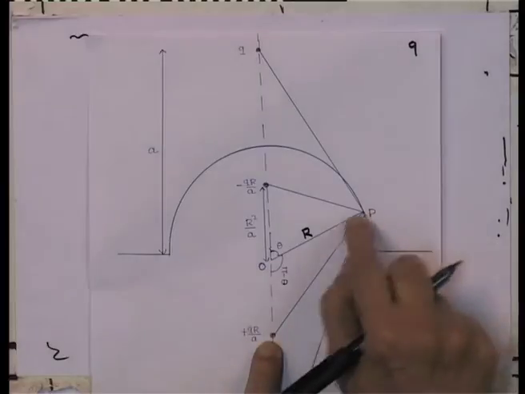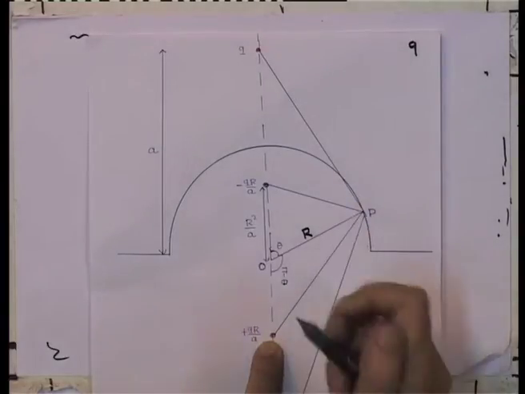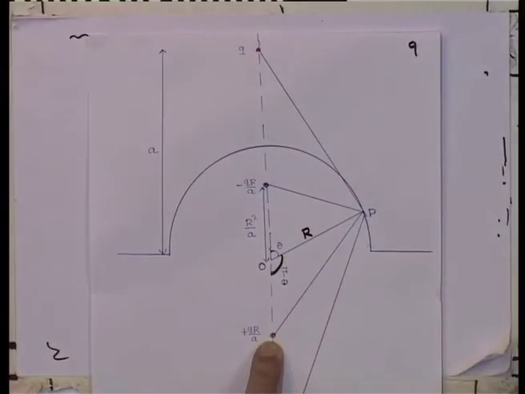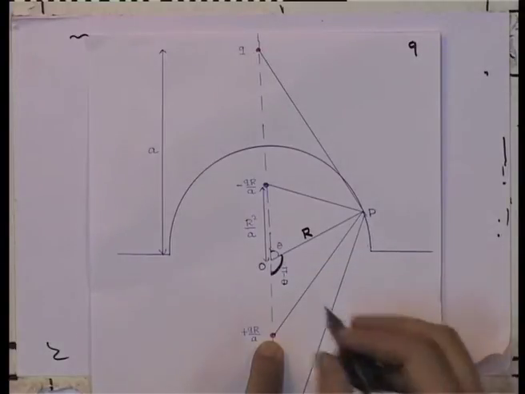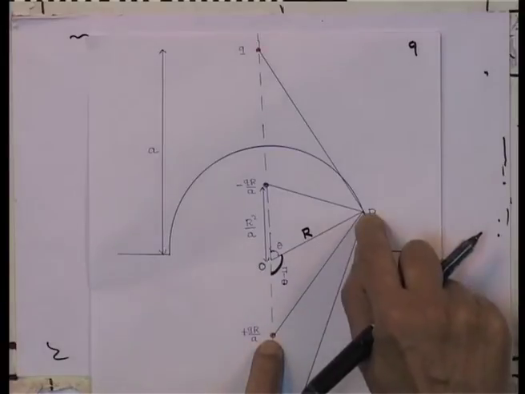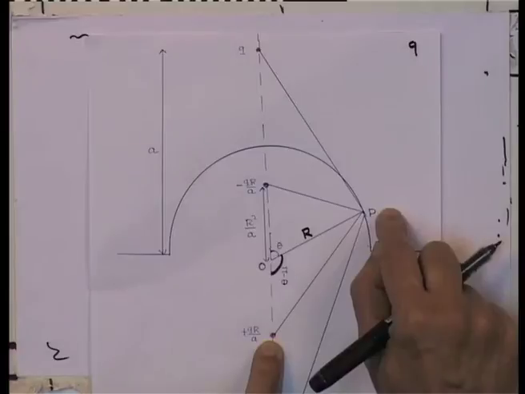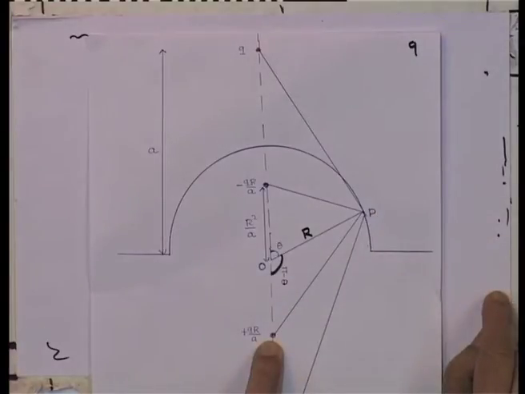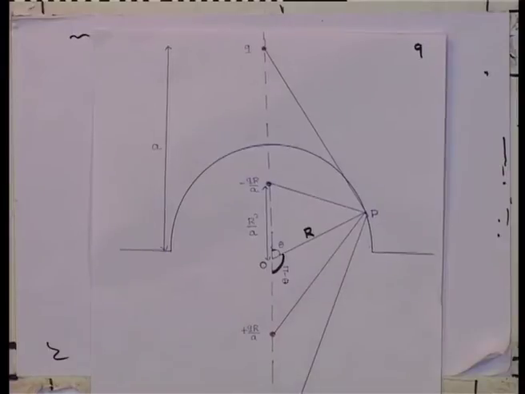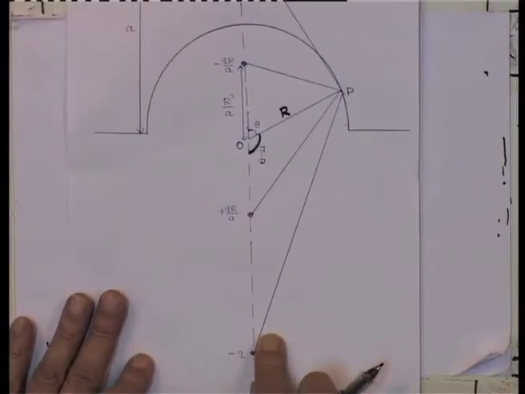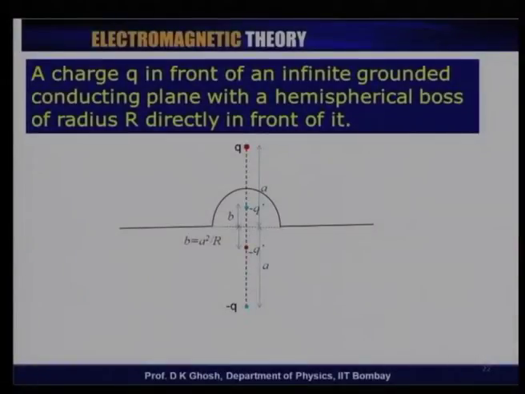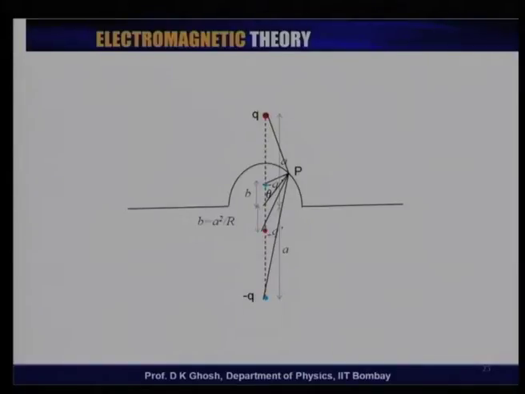This also I can use the triangle law, but because this angle is pi minus theta, this distance will be b square plus r square plus 2 b r cos theta, and of course, you could have a similar thing here. So, I have got 2 terms with plus cos theta term and 2 terms with minus cos theta term, and this is the same picture which was shown in bigger form there.